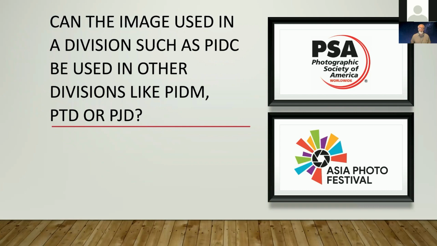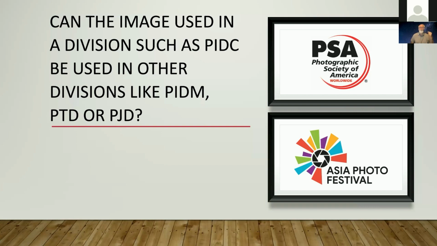So for example, you might have an image which you want to use as a photo travel image. So you can enter that in sections of exhibitions that are designated as photo travel sections. But you might decide that that image would also be suited just as an open color image. And so you could enter it in sections that were designated as PIDC. So there's no problem in doing that. And lots of people, for example, will have nature images, which sometimes they want to enter just in a color section. It's okay to do that, but the thing you have to keep in mind is that for your star